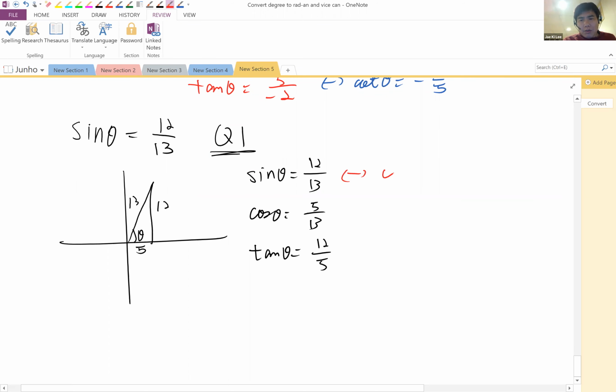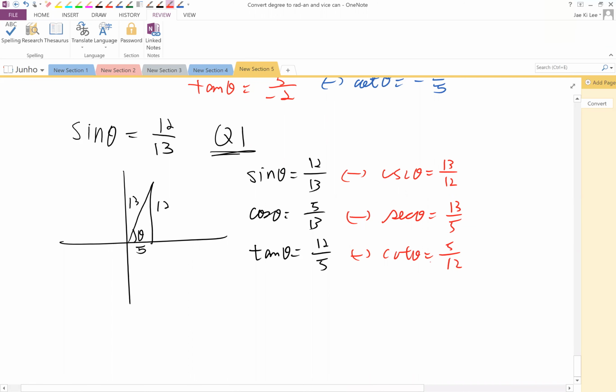Cosecant theta, 13 over 12. Secant theta, 13 over 5. Cotangent theta, 5 over 12, like that. All right, then I'm going to pause this video and then I will show you